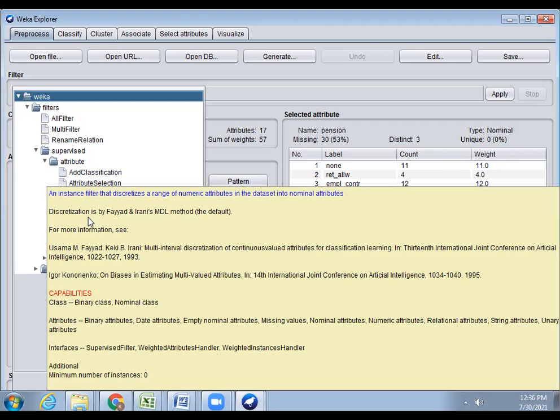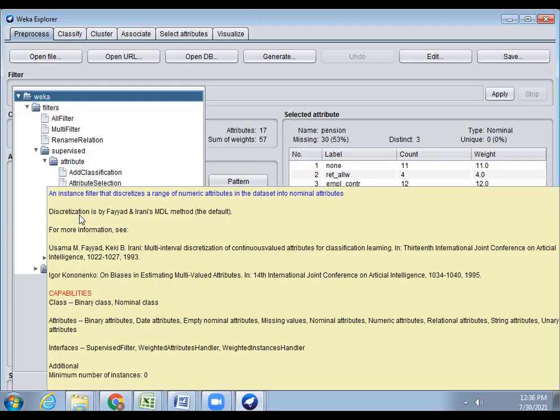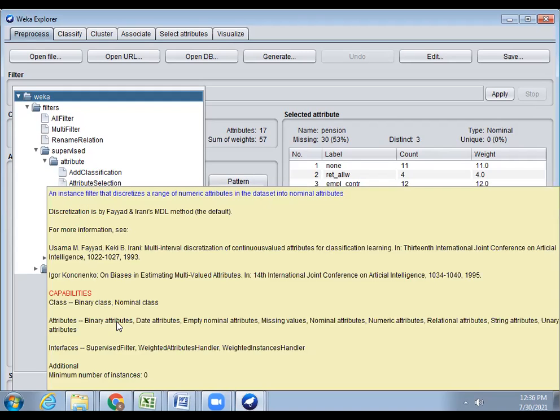The capabilities for classes are binary class or nominal class. The attributes may be date, empty nominal, attribute, missing values. These are all categories that will be handled.